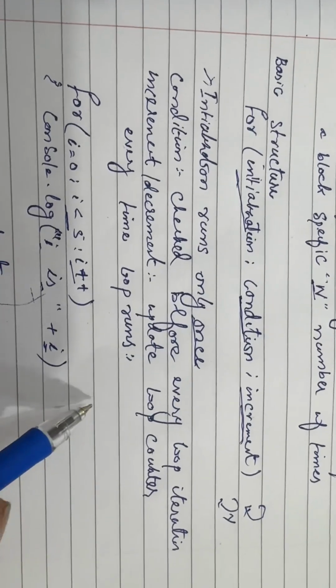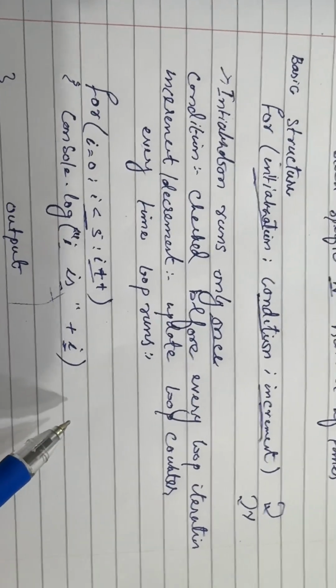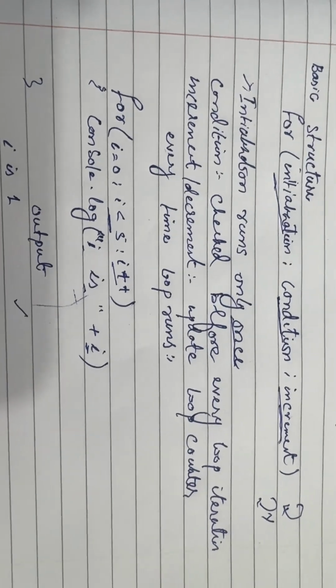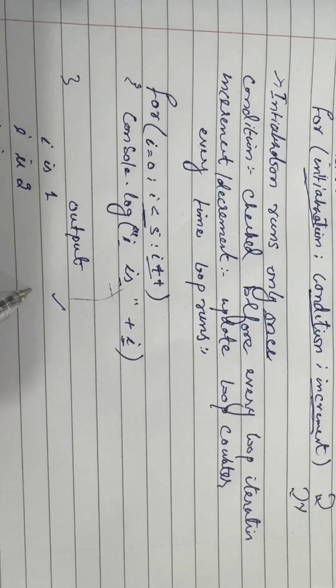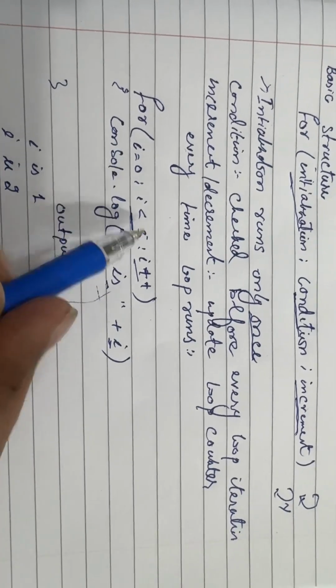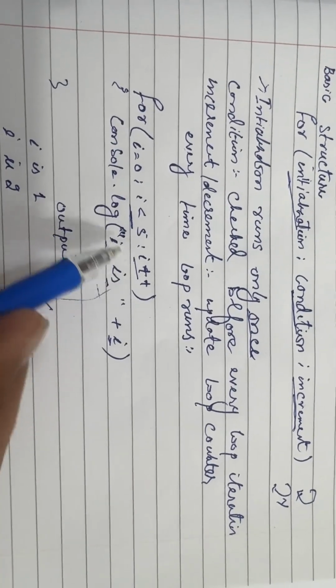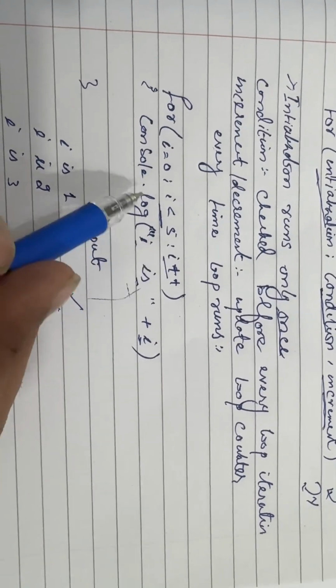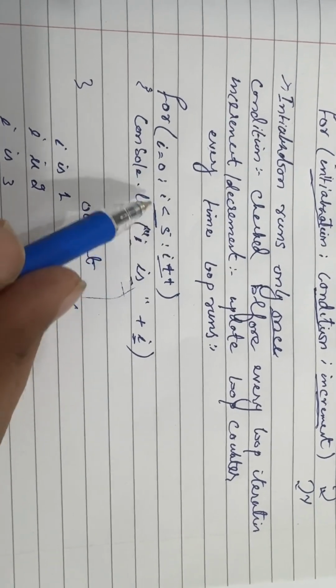If we dry run this, then the output would be: for the first iteration i is 1, second iteration i is 2, for the third iteration i would be i++, then it would be 3,